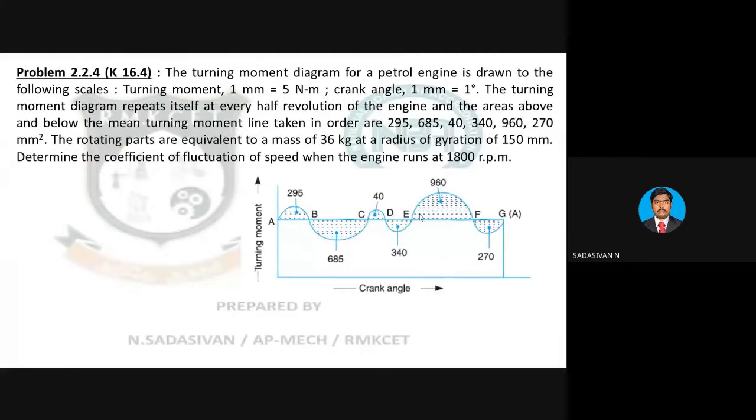Okay, so this is a turning moment diagram. Just one sentence I will tell you. The turning moment diagram is the plot of crank position versus torque available in the crankshaft based on the stroke: suction, compression, power stroke, exhaust. Naturally, the power stroke will have more torque in the crankshaft. So the effective instantaneous torque handled by the crank is based on the crank position, with crank angle on the x-axis and turning moment on the y-axis.